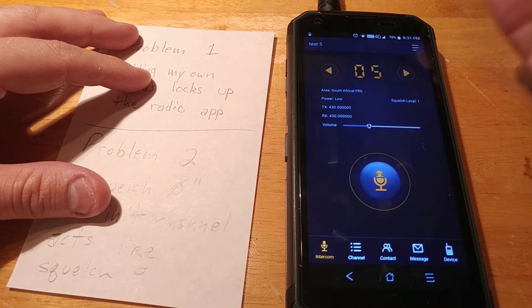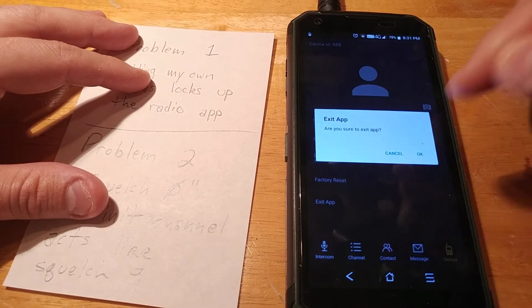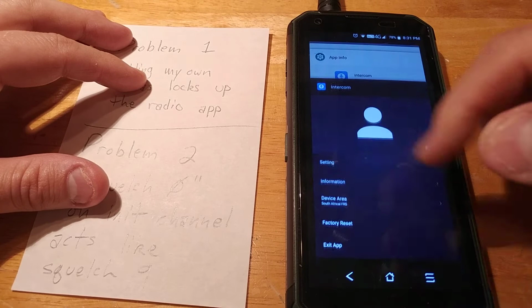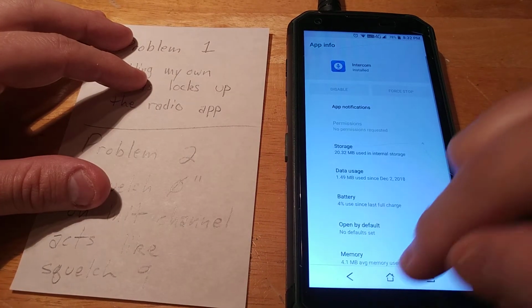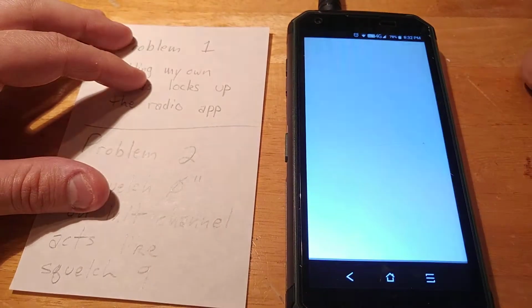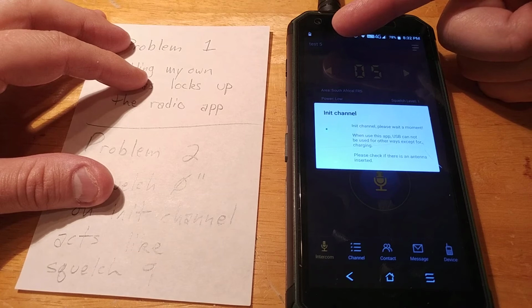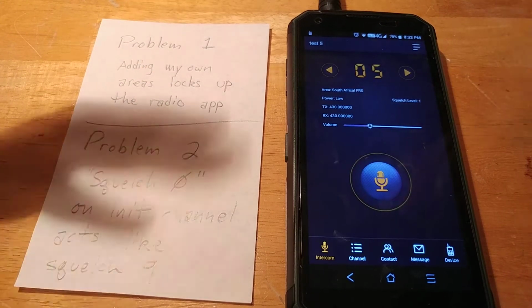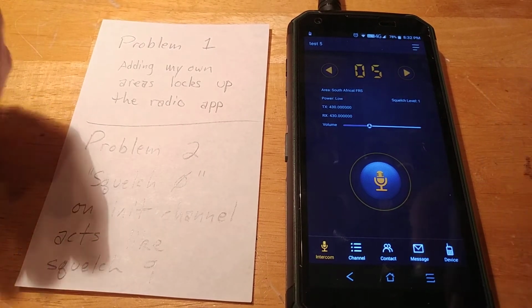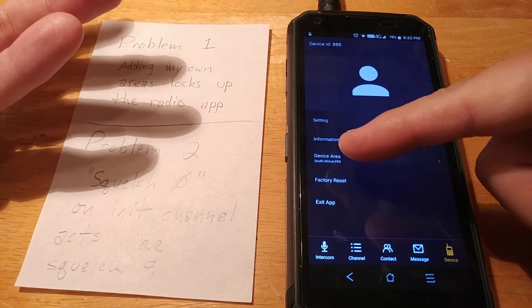Okay. We're here, right? Let me exit. I'll go in here, I'll kill the app. I'll go in here, I'll force stop the app. We'll go back in here and launch the app again. Let's see what we get. We're on test 5. Do we get an icon? Yes, we do. So it's working. Okay, great. So as long as I am using the existing channel groups,